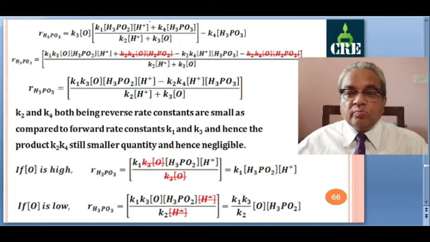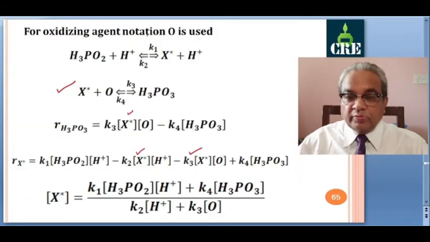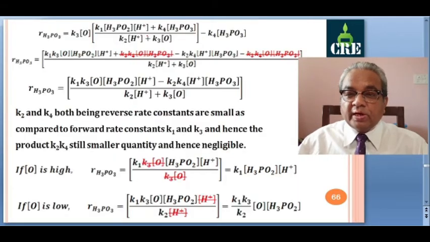So that is K3[O] H star, we have replaced from this, minus K4 H3PO3. Okay, so we have to solve this bracket. So K3[O] multiplied to these two terms, which will give you K1 K3[O][H3PO2][H+], then K3 K4